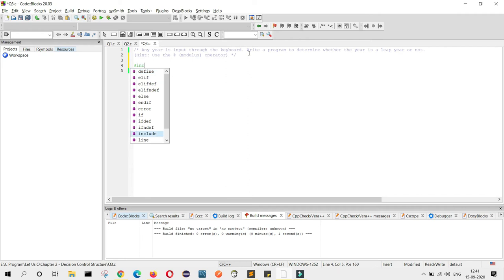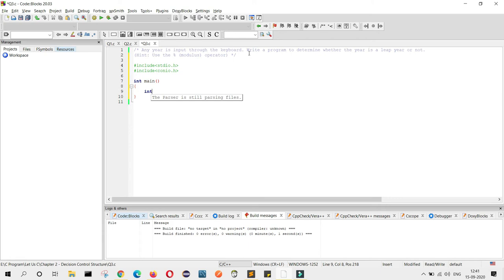So first we will add include stdio.h, include conio.h, int main. First we will declare int year. We need year. We just write int year.